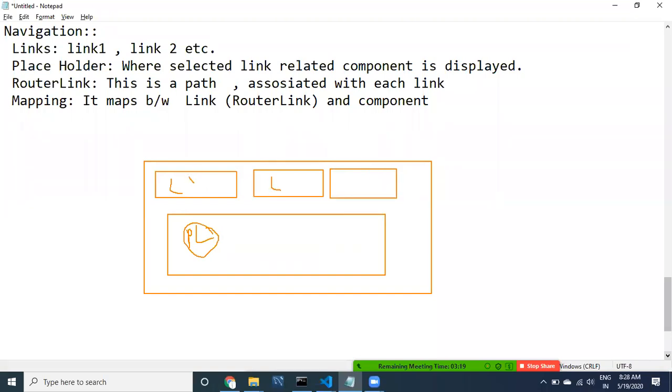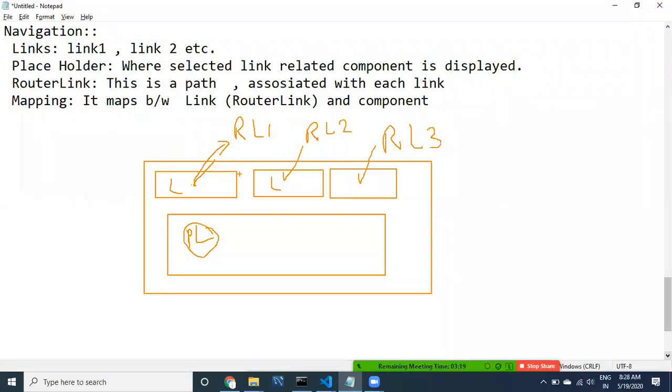When the user clicks on this particular component, this item is going to be associated with a router link. This is router link 1, this is router link 2, and this is router link 3.